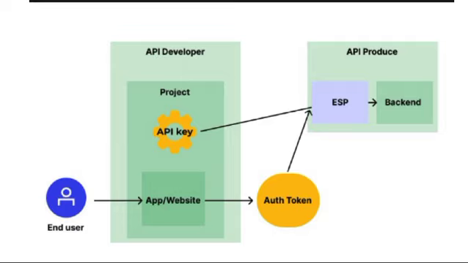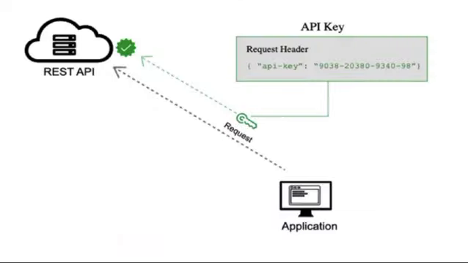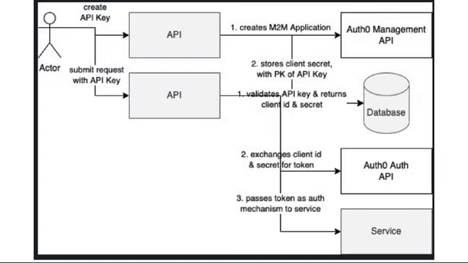API keys, short for Application Programming Interface Keys, are unique identifiers used to authenticate and control access to APIs, application programming interfaces. APIs are sets of rules and protocols that allow different software applications to communicate with each other. The API key authenticates the client making a request. It also provides authorization, letting the API know if the requesting application is allowed to use the API and what